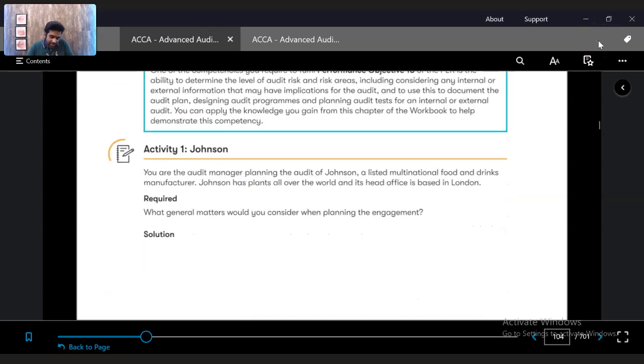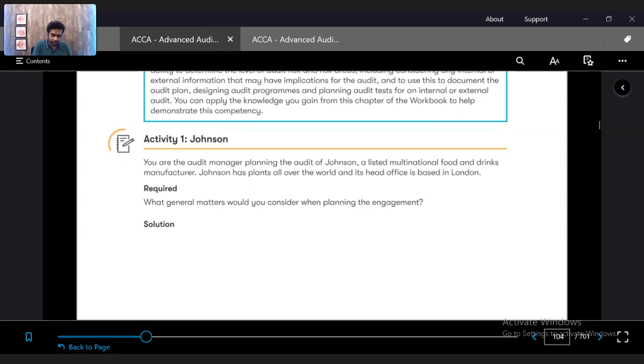So I hope I have explained the concept of planning. Now I want you to go and do this activity. I'll be putting this activity in our notes. Please take a look at the activity and try to create a note for it, because this is a simple activity. I don't want to explain this activity because we can focus on a larger